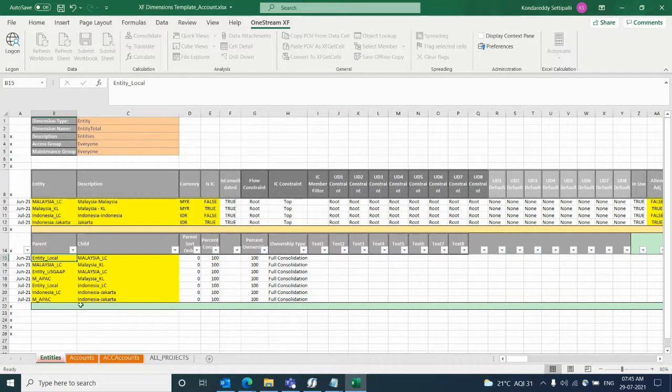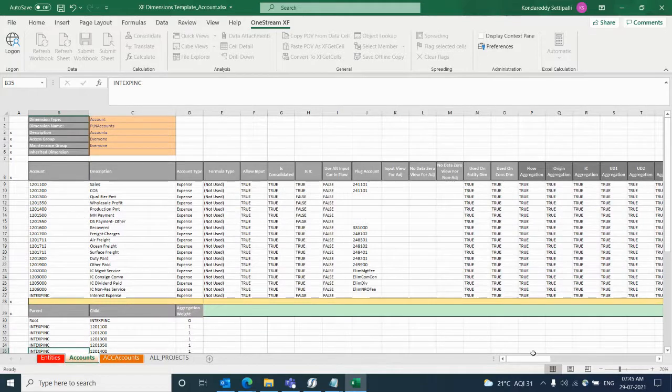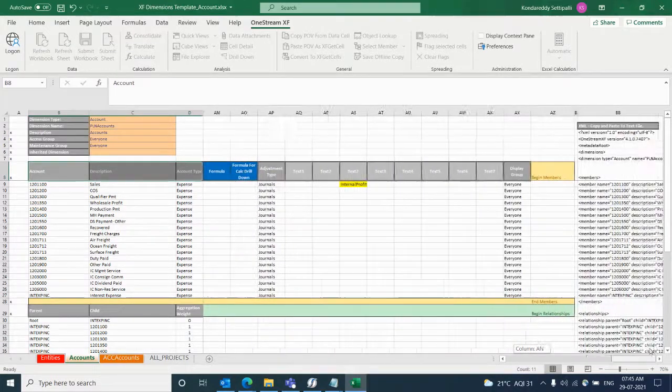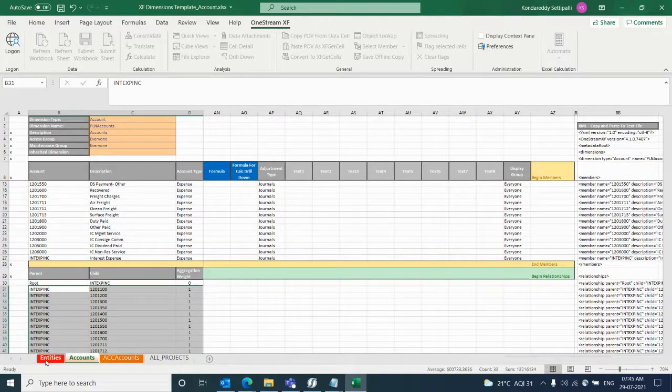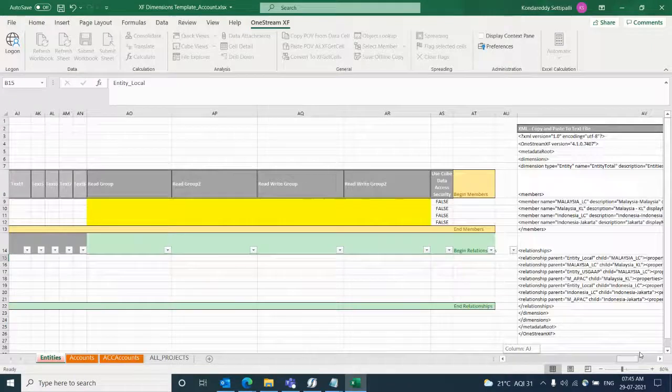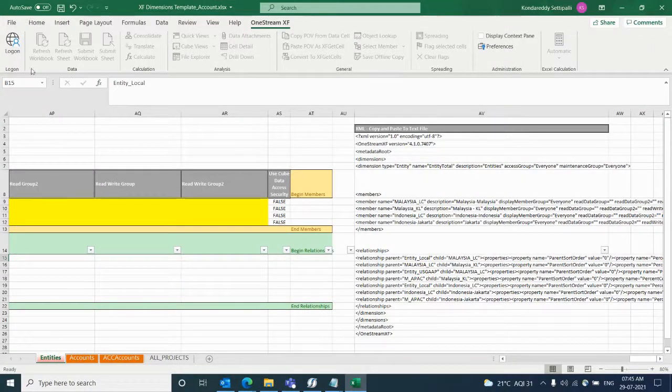So we are not going to discuss accounts and other dimensions, because it will be the same. If you go to accounts, the structure will be the same. Since we already discussed the properties, you need to make sure what properties you're going to update, but the structure will remain the same. First, you make sure of the dimension names, create a member section, create a hierarchy section, and then generate an XML file. Make sure the XML file is generated, and once the file update is done, save this, and before exporting the XML file, copy this XML string.